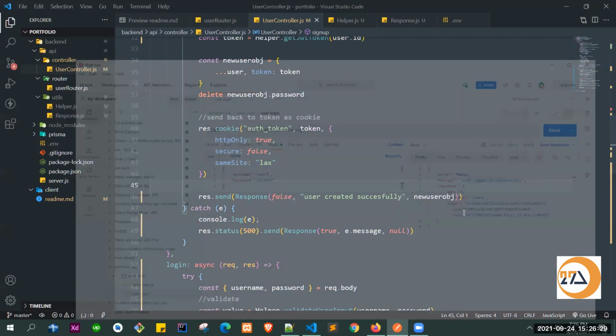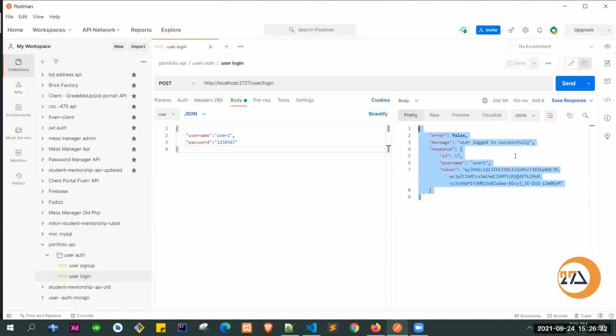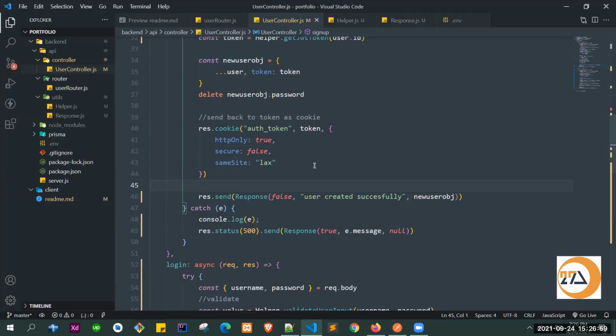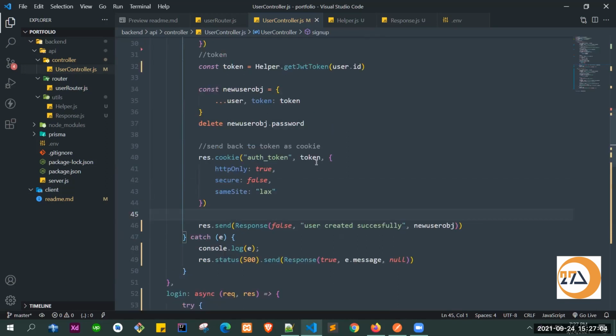Yeah, sure. There's the thing, we are sending the token as well. So if you want, you can remove it, no problem. Because if we are setting the cookie, then I don't think we should send the token, or we should. Actually, let's say this API can be used in a mobile application also. I told you yesterday. If you just do this thing, at that time we don't have any cookie. Actually, it's better to store them in the local storage. I remember, you told me. If you just use it in the web application, at that time you remove the cookie. And if you think that we will build an Android application from there, at that time we keep that cookie.